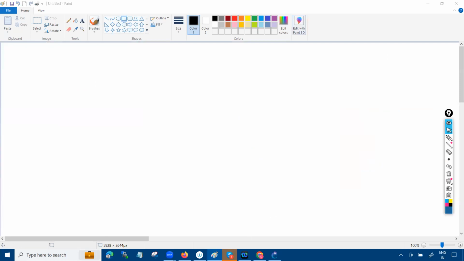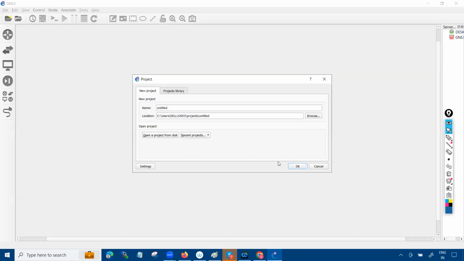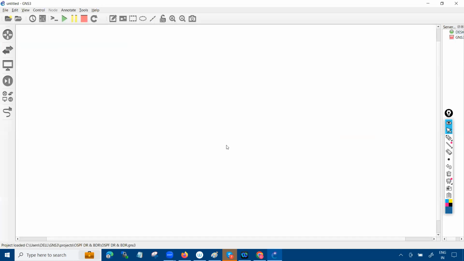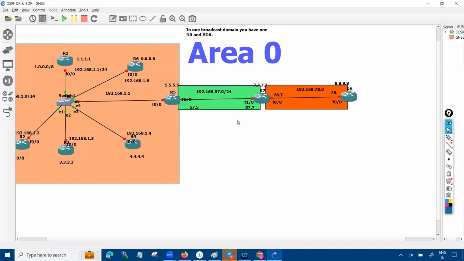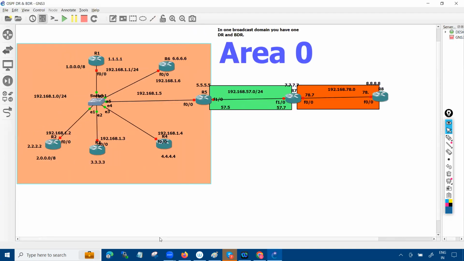Hi Renee. So let me recap what we have done. We have covered the OSPF DR and BDR concept. We have basically seen the role of the DR and BDR, and why this thing is not happening in the EIGRP protocol. We have also seen the major difference between the EIGRP and OSPF protocol, right? So if you guys remember that,